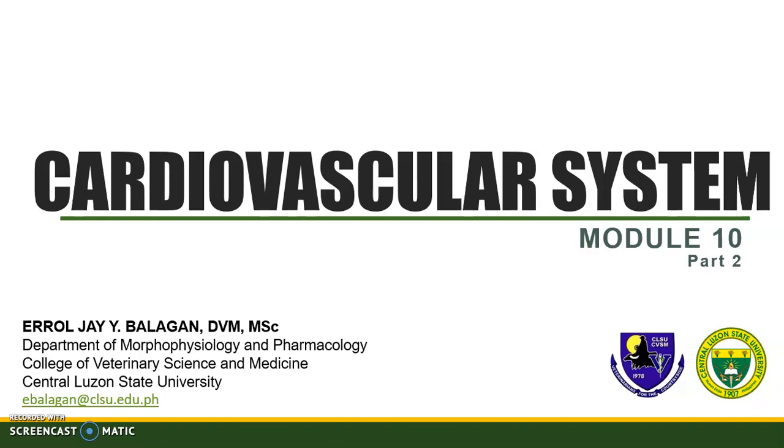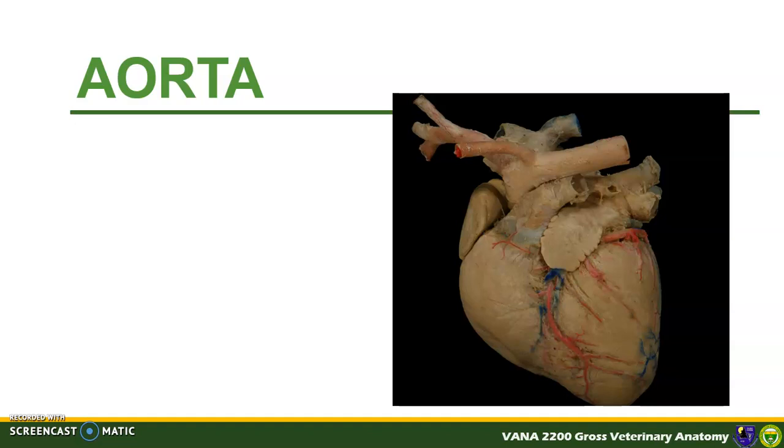Welcome to part 2 of the cardiovascular system module. In this part of the lecture, we will trace the main blood vessels in the body. Our tracing begins with the aorta. Remember that the blood from the left ventricle will be pumped out of the heart via the aorta to reach